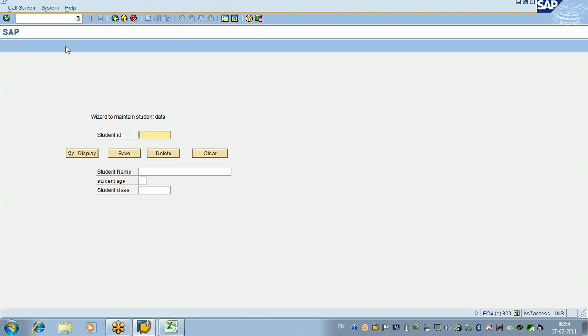Value request means F4 help and help request means documentation help. If you want to give an F4 help for some particular field, say for example for student ID, or for student name, or some button, then what you need to do is